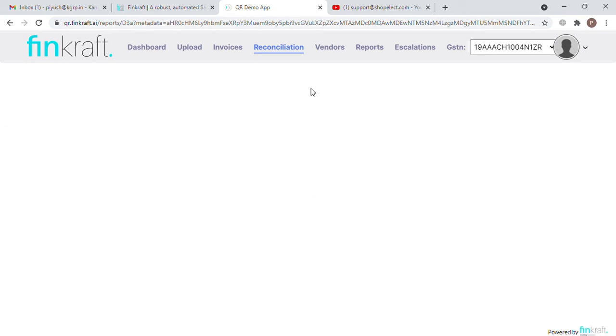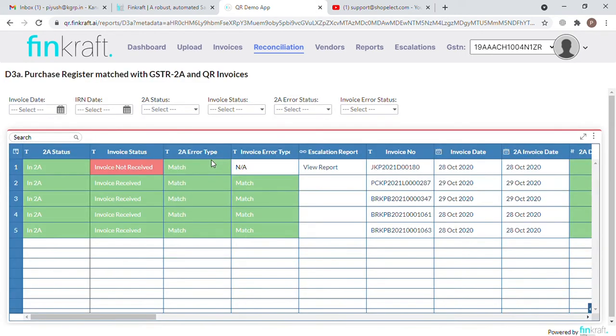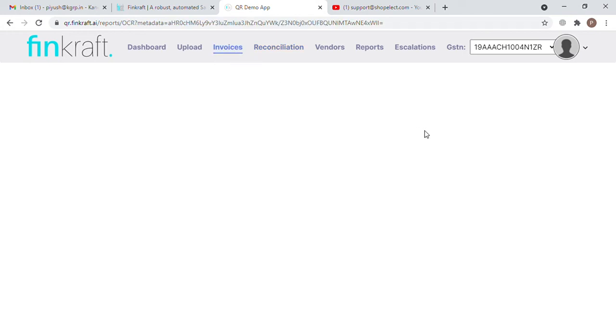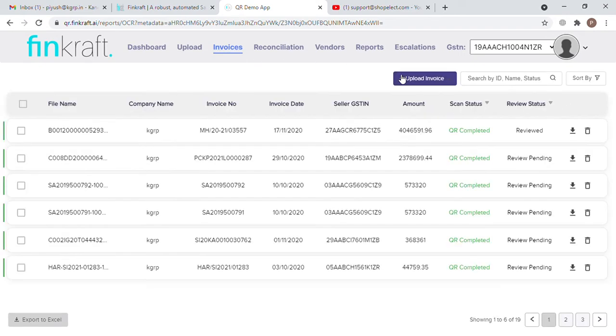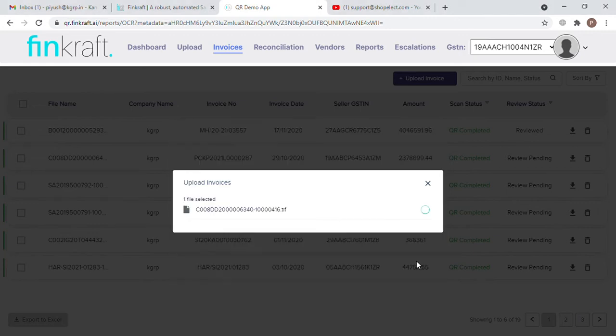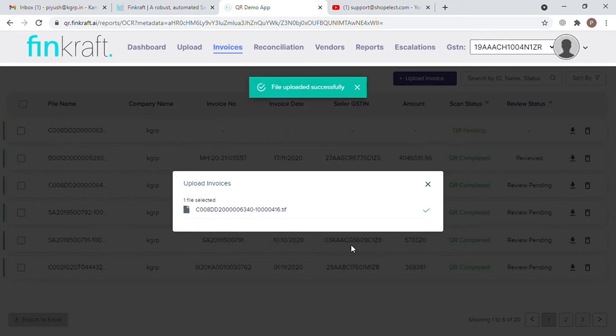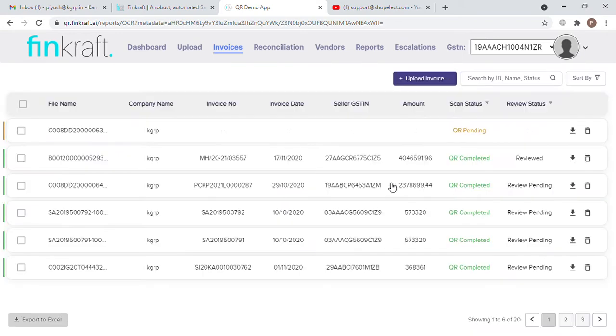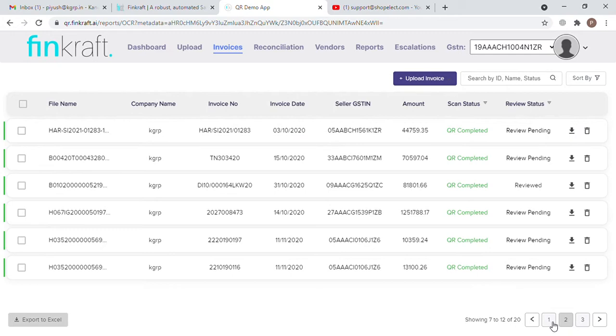Also, let's solve one of the escalations, which is invoice not received. The file has been uploaded. It will take a few seconds to read.